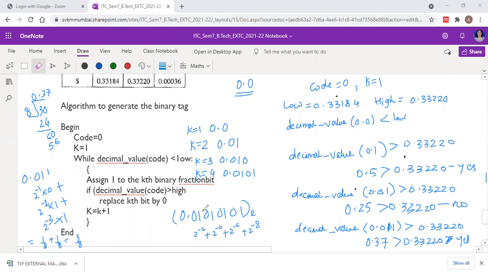Okay, so if you calculate this value, you will see that it is equal to 0.33203, which is within this range of low and high. Okay, so this is how we assign a binary tag to the decimal tag which we have obtained using arithmetic coding. Thank you.